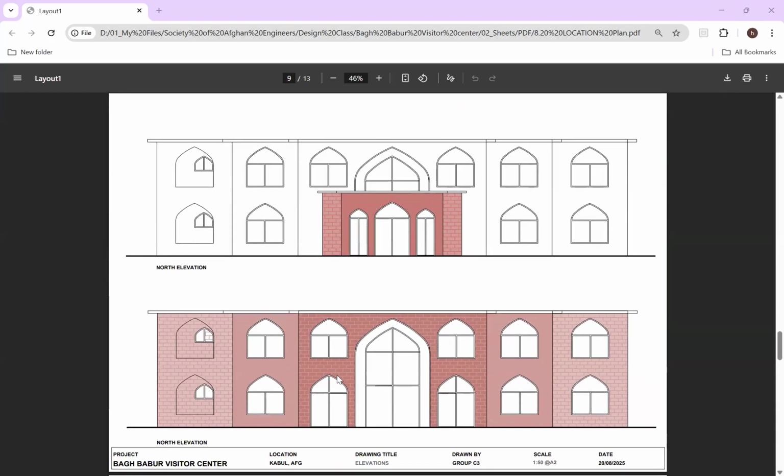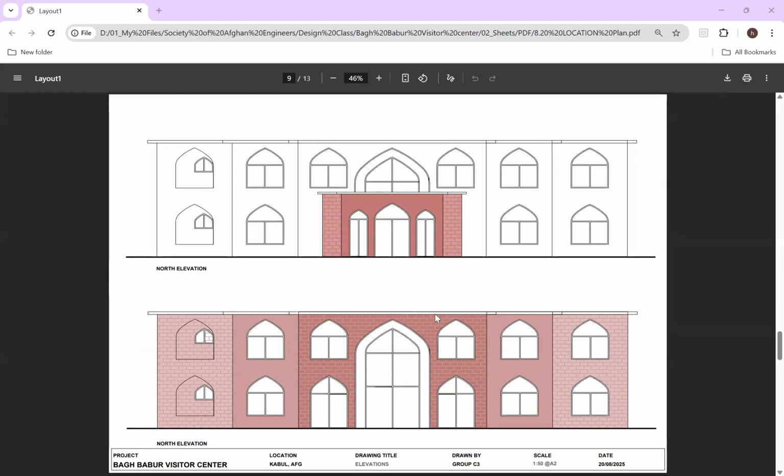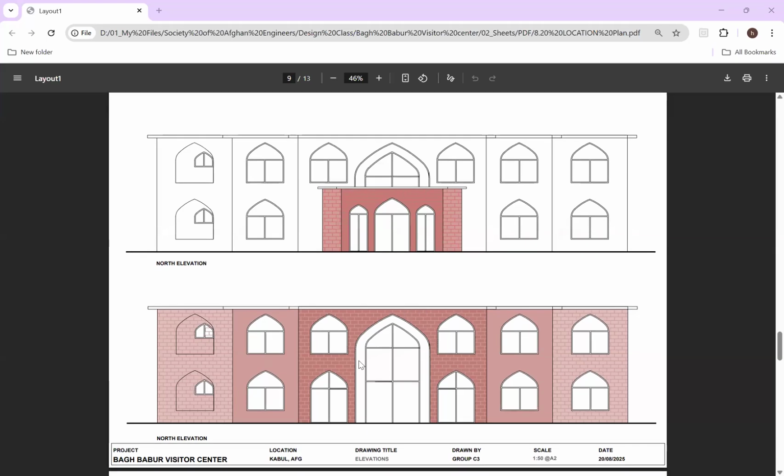And these are the elevations, the north elevations from the side. The picture above shows the elevation taken from the reception, so we can see the walls of the reception and also the main building in the back. And then the second one is the main building, because the walls of the building are in steps, so